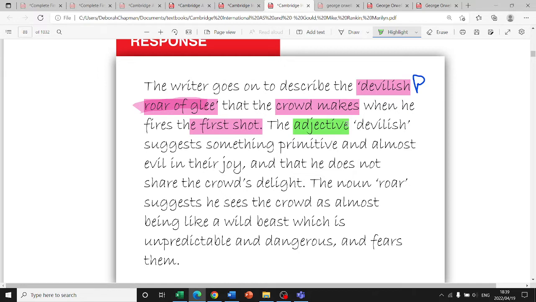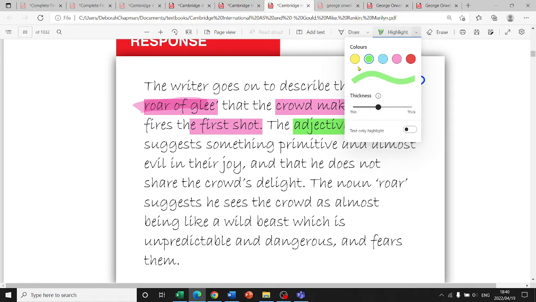Remember I said to you, what we learn in GCSE is what helps us develop in AS level. So this is the exact same idea. So the student goes on to say, the adjective,